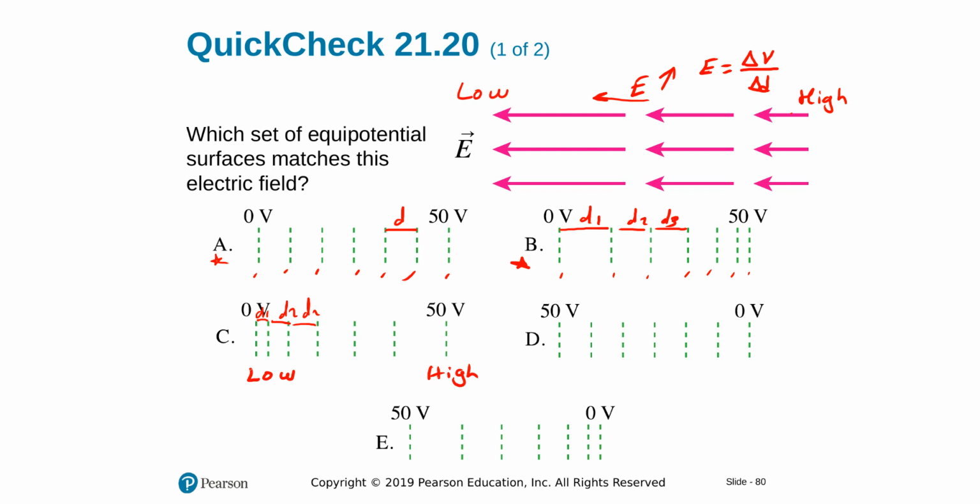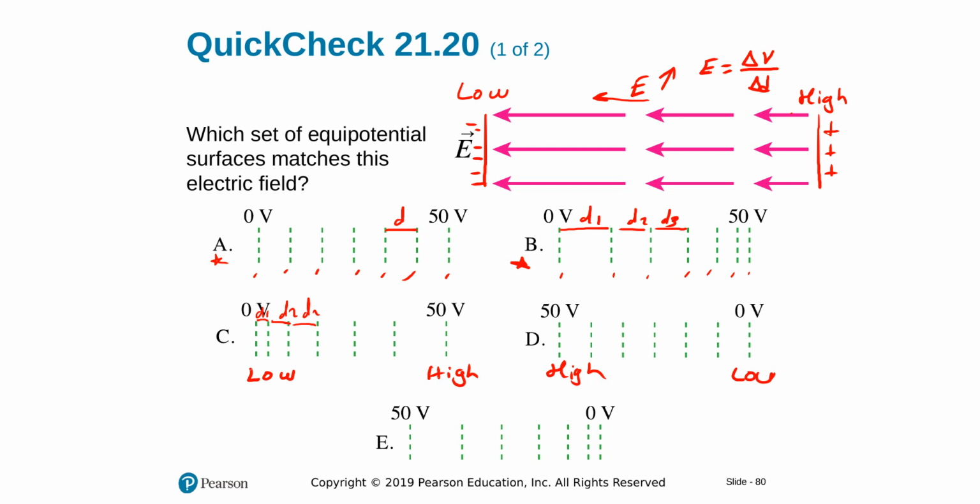And again, to remember this, always put plus charges on this side and minus charges on that side, and say electric field is always from plus to minus, and plus is always high, minus is always low potential. And electric field is to the left, high to low. If I have low on the left and high on the right, high on the left and low on the right, so I have high, low,